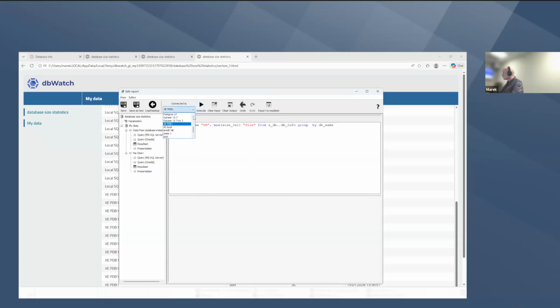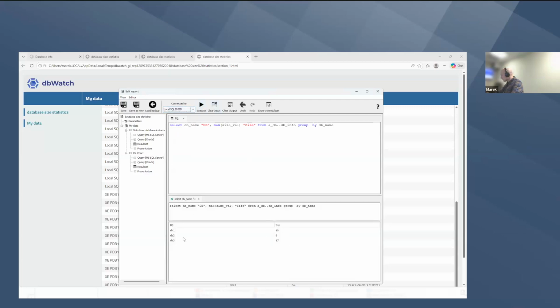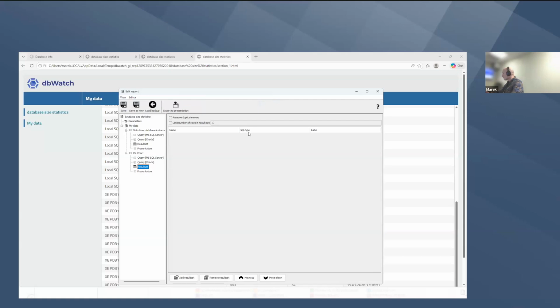So let's test it and see if it works. So I have to select the instance. I will run the query. So now I will get the 3 databases and the size of the database. I will have to export it to the result set like this. Okay. Yeah, it will be exported like that, and